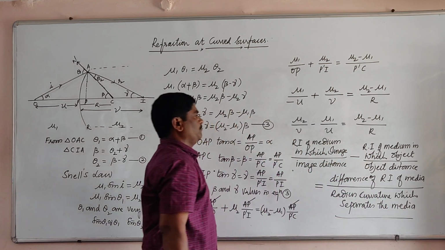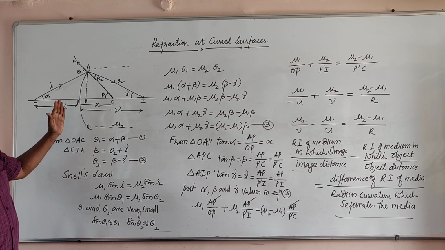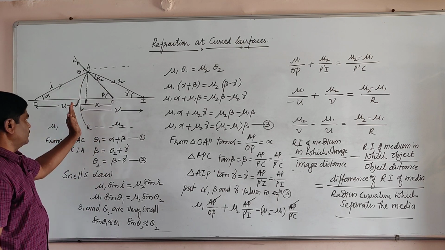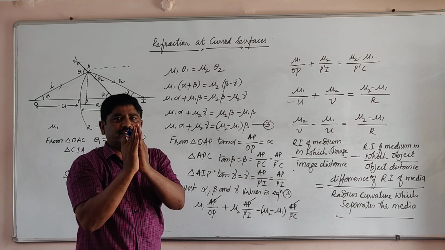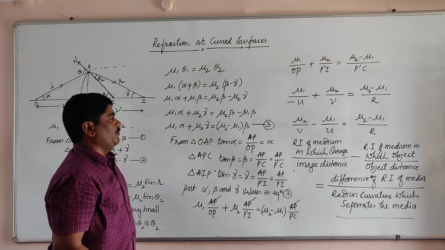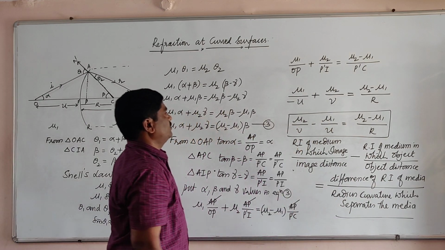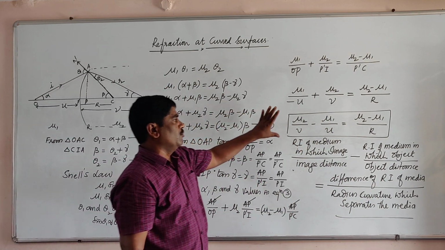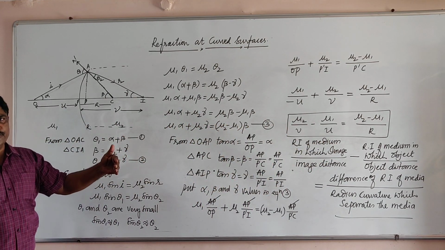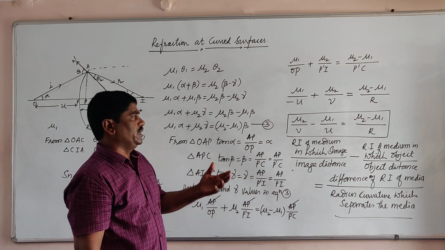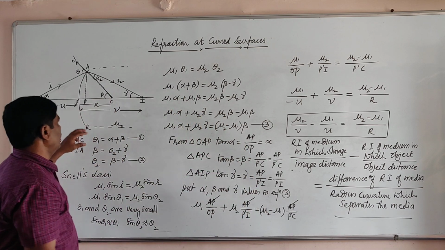So this is the formula we can generate from the lens, the curved surface. Generally lenses have two curved surfaces, one towards this side and one on the other side. The two curved surfaces may form a lens like this one. But we can establish this formula, which is called refraction at curved surfaces. This formula is mainly required for how we are going to get the lens maker's formula and the lens formula, and it is most useful for us to better understand refraction.